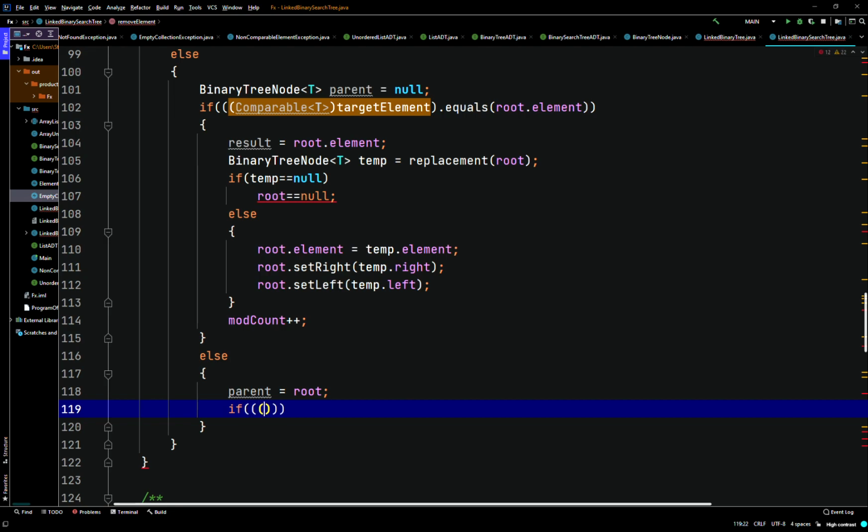If comparable of target element dot compareTo root dot element is less than 0,